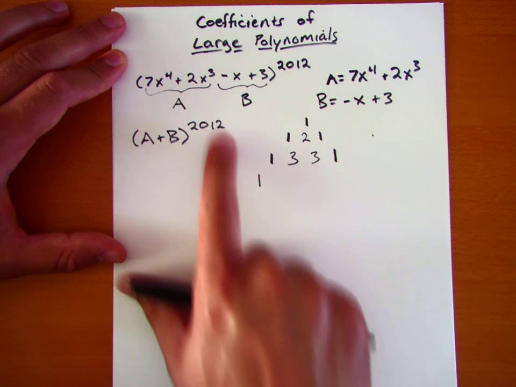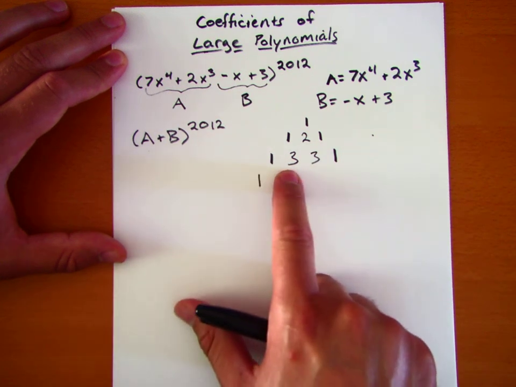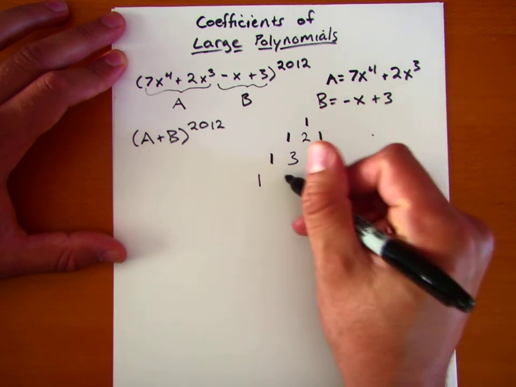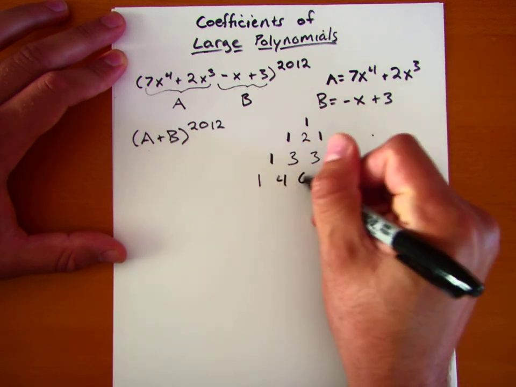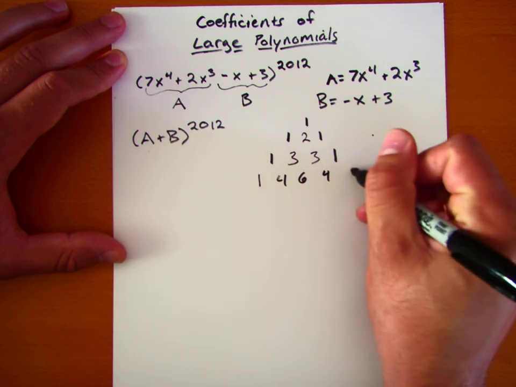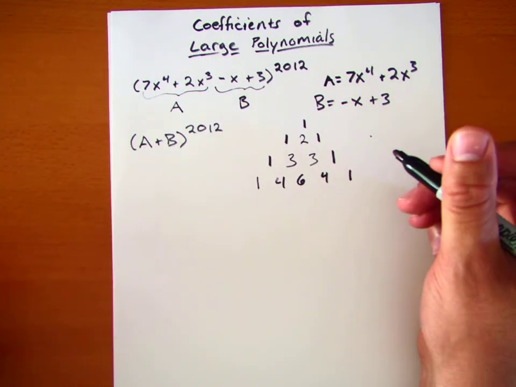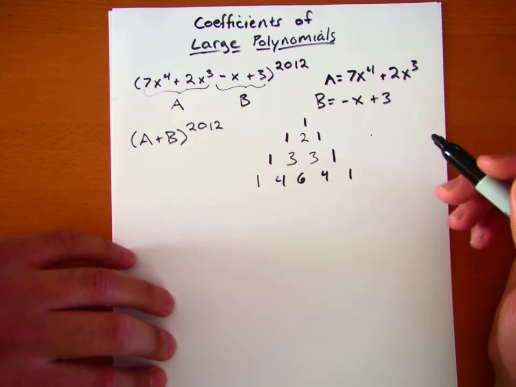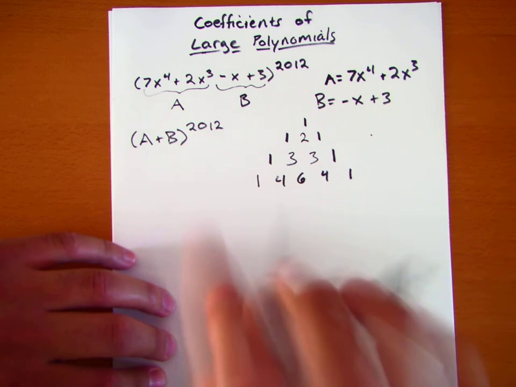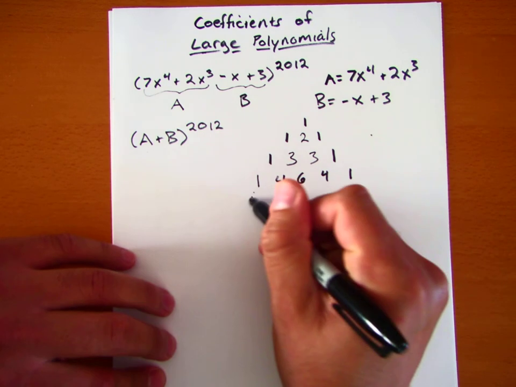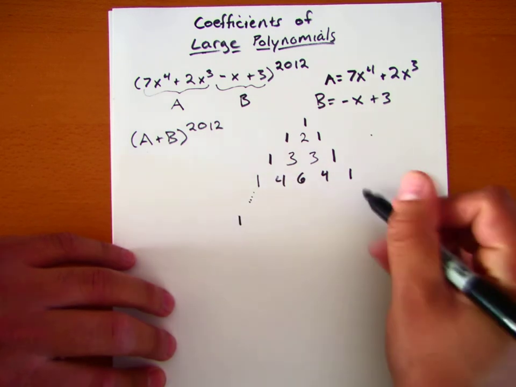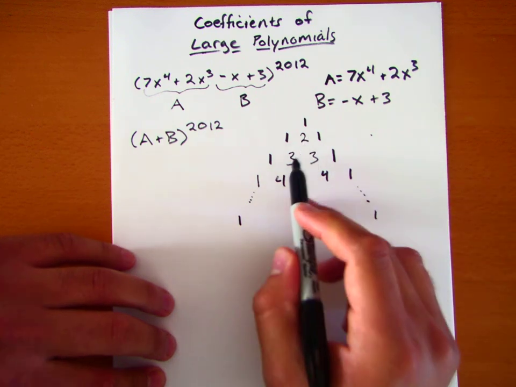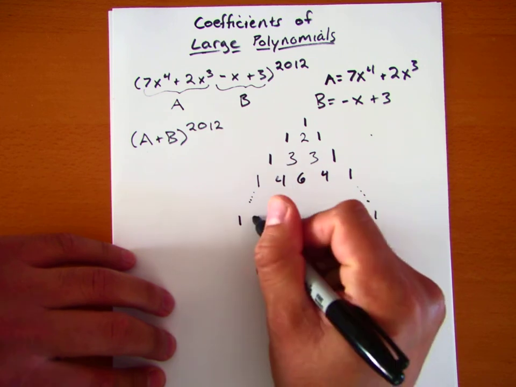If we raise it to the third power, we'd get A cubed plus 3A squared B plus 3AB squared plus B cubed, and so on and so forth. And the fourth level would be 1 plus 3 is 4, 3 plus 3 is 6, 3 plus 1 is 4, and then we have 1s going down the side here. Now, we could take this all the way down. The nth level of this triangle represents the coefficients for the nth order polynomial, which means that if we went down to the 2012th level, we would see